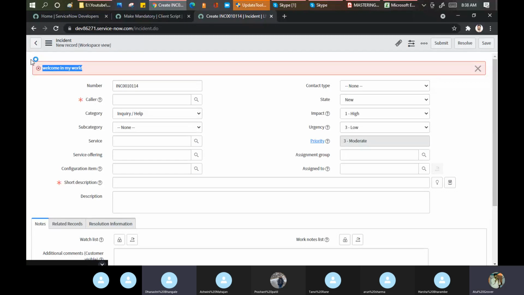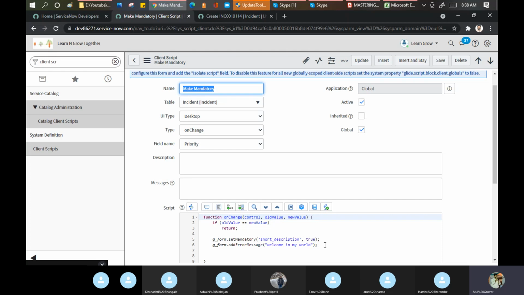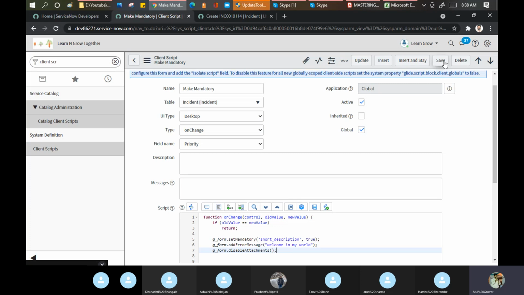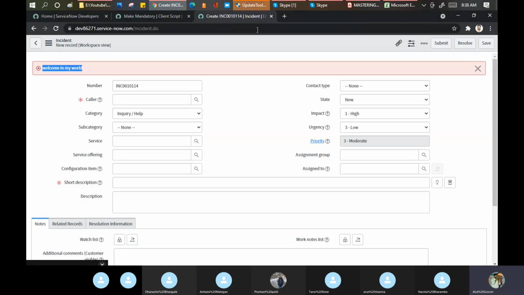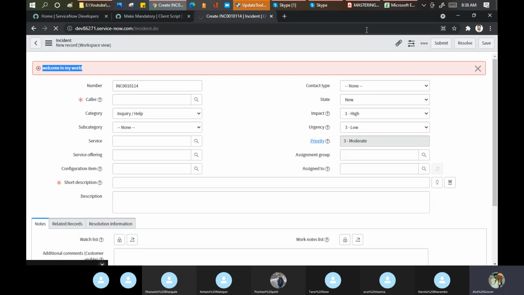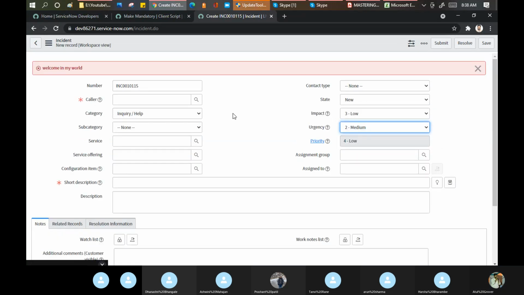Yes, sir. So these are the small functions. You can try it at your end. Maybe I can add just one more thing. Dot disable attachment. Let's see what will happen now. Everything is executing on the on change. Now I have this one option. Let's reload the page. According to me, this option should be gone now when I change the priority. See, this has gone.